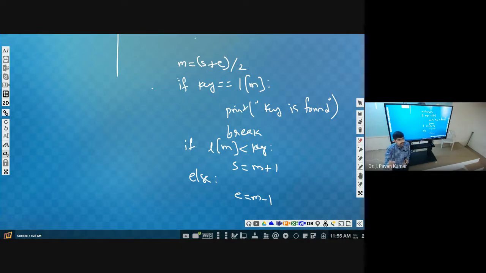How many times will this process be repeated? This is the question. Suppose I give 40 elements, how many times will it be repeated? 40 will come to 20, 20 will come to 10, 10 will come to 5, 5 will come to 2, 2 will come to 1.